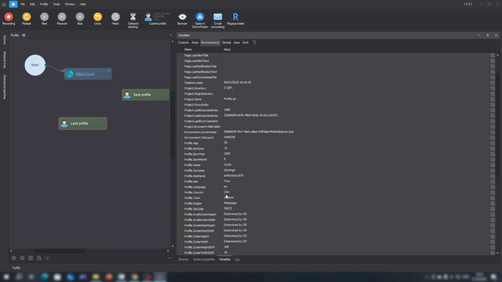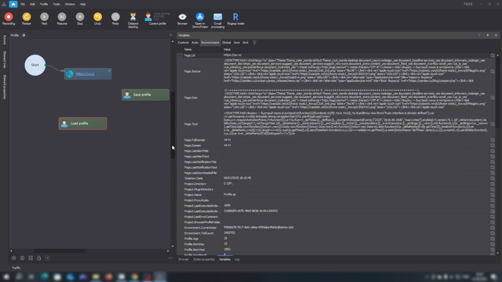Excellent. It's loaded. A new profile has been created for us, which has a first name, last name, date of birth, and city of residence. We can save this data to a file and use it later for loading.